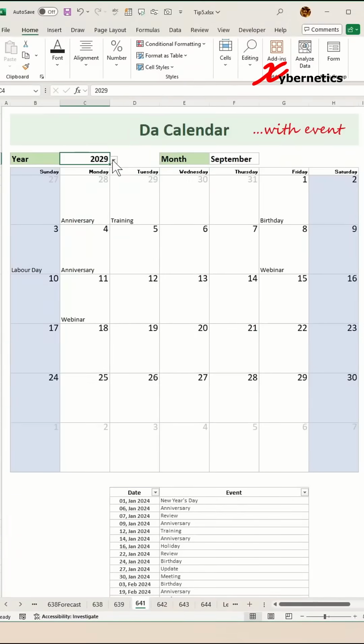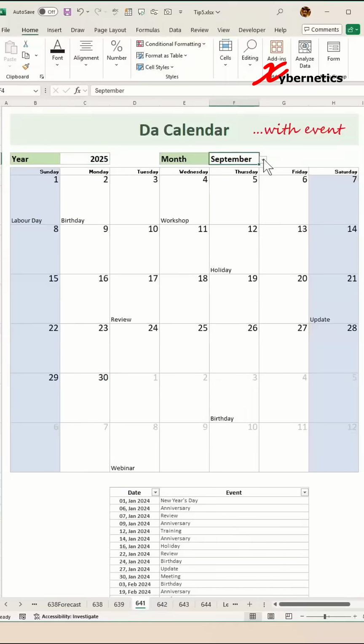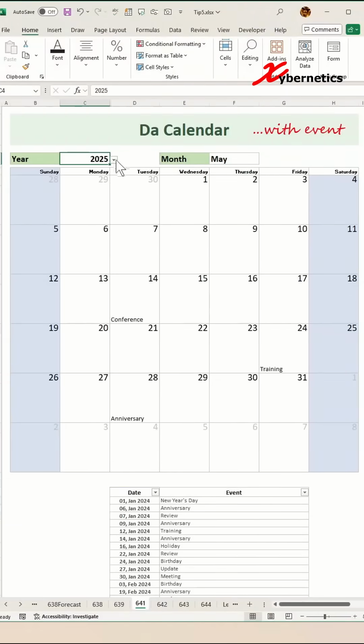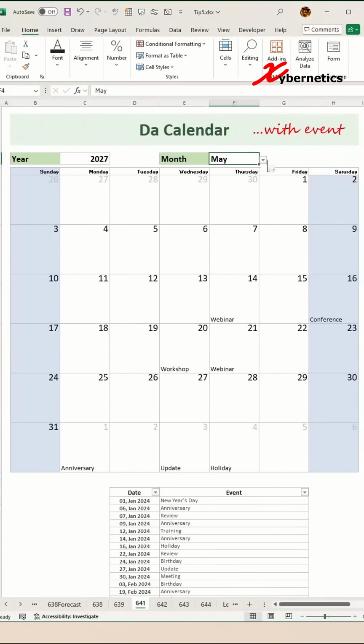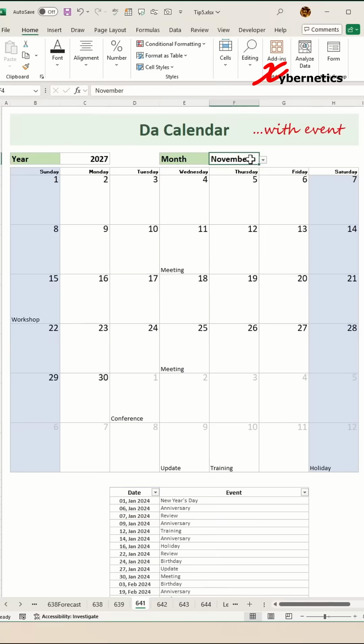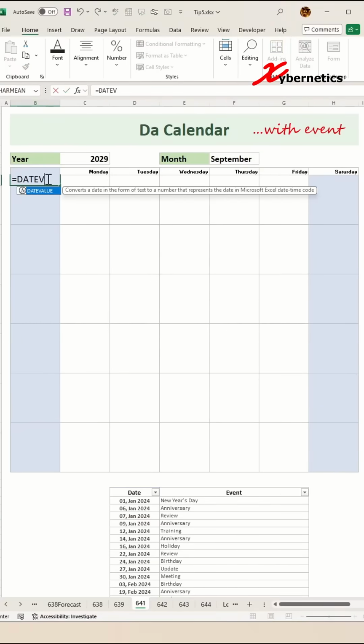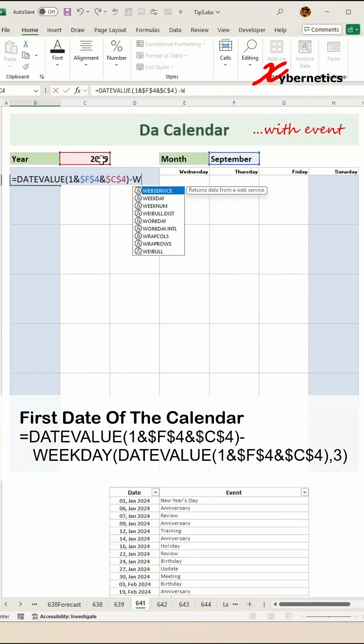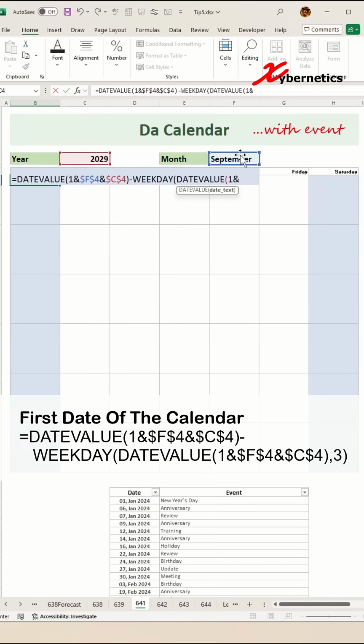Let me show you how you can create this kind of calendar which can keep track of your daily events using Microsoft Excel, similar to what you have in Google Calendar, Outlook Calendar, or any other calendar for that matter of fact. First thing you have to do is to calculate the first day of the calendar. We subtract the first day of that month and year from our drop-down list with the calculated date of Monday